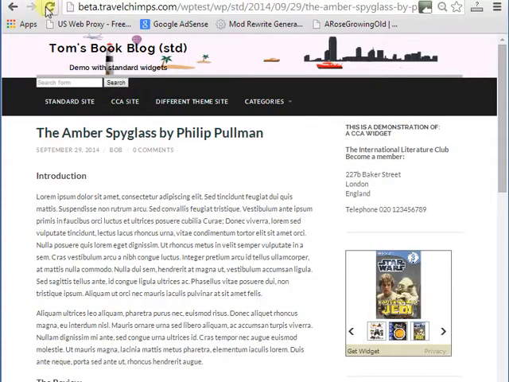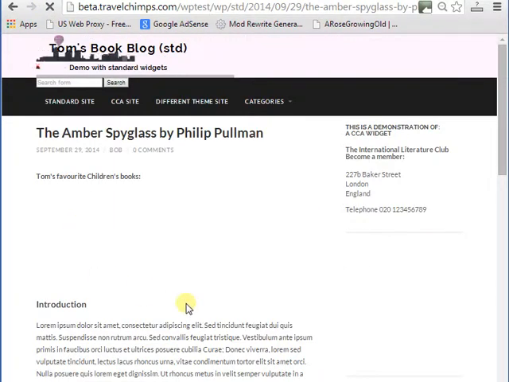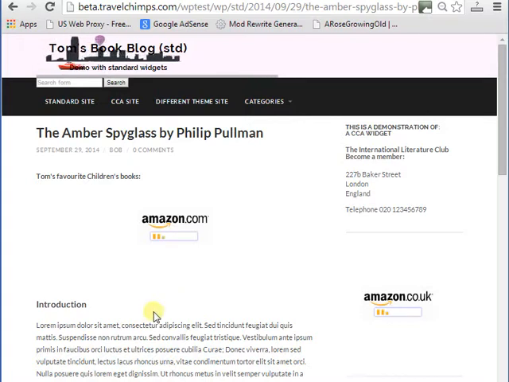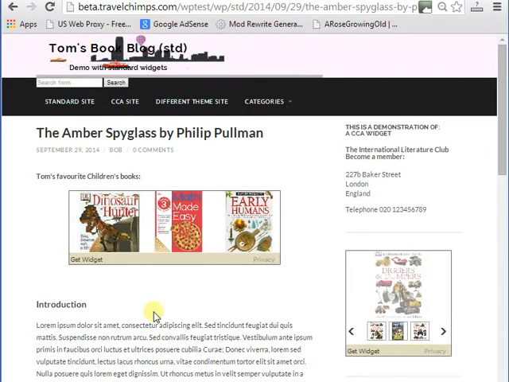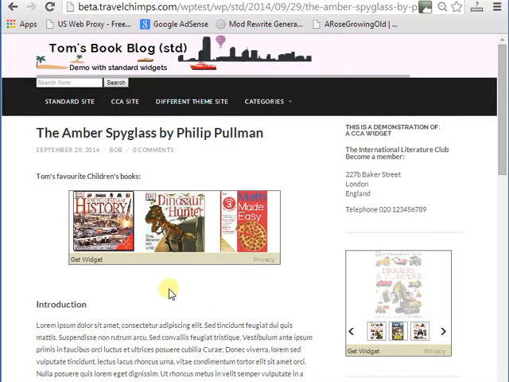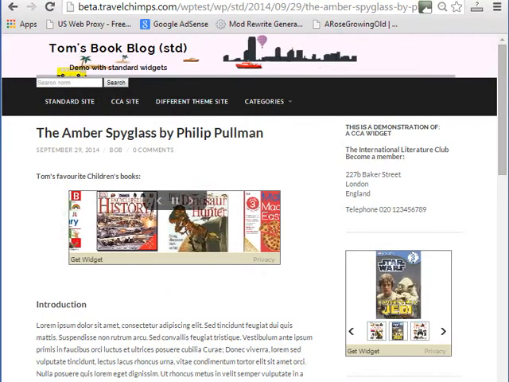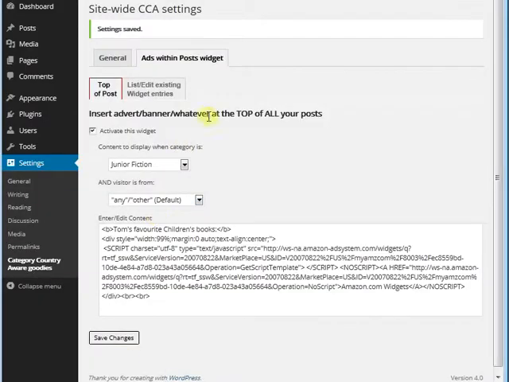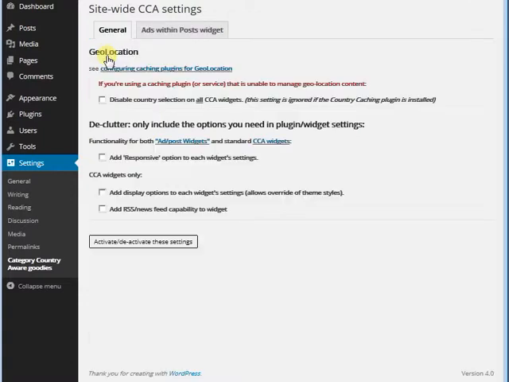Now if I go back to the junior fiction category post, you'll see we now get the advert we want within the post. If you want it to be responsive, so this ad only appears on small devices, we'll go back to the settings, select the general tab, and you'll see there is an option here to add an option to each widget settings for responsiveness. So we'll activate that